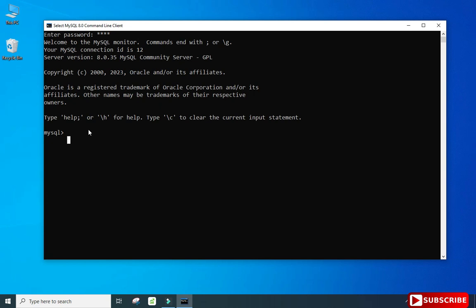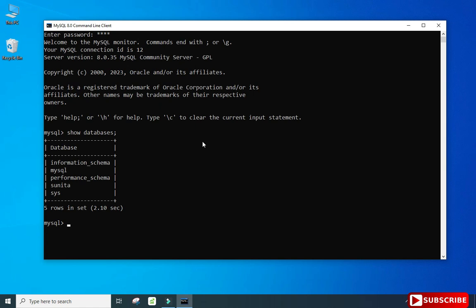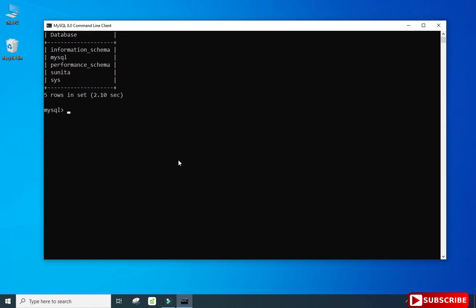So first of all, I'm going to show the available databases in my system. So here I'm writing show databases semicolon. So guys, you can see it's showing me 5 databases: information_schema, mysql, performance_schema and sys. So these are the 4 databases which are predefined, and the Sunita database I have created. Okay, so now guys, these are some databases which already exist, and now I will show how to create